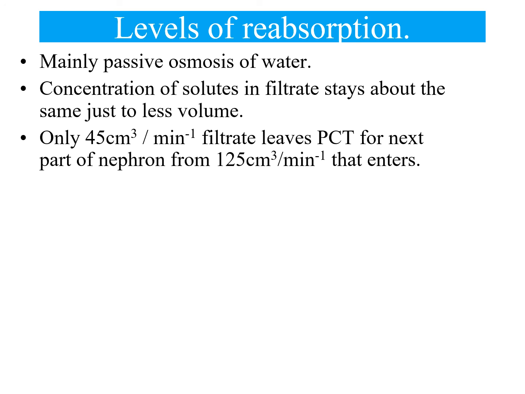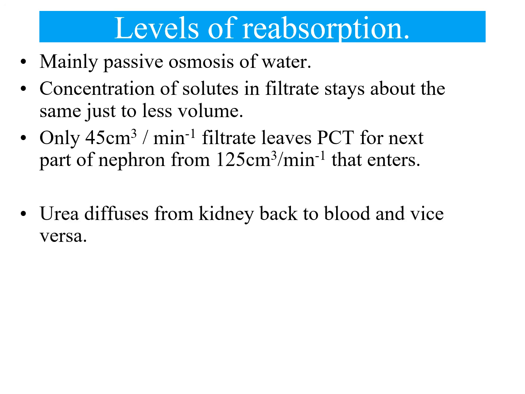So that just dropped from the 125 that had entered. It shows you the amount of reabsorption that happens. And then urea, there will be some urea diffusion back and forth, but it's not a lot. The point is, your blood's constantly going past your kidney, and this is constantly happening. Only 50% of the urea, because of diffusion, therefore stays